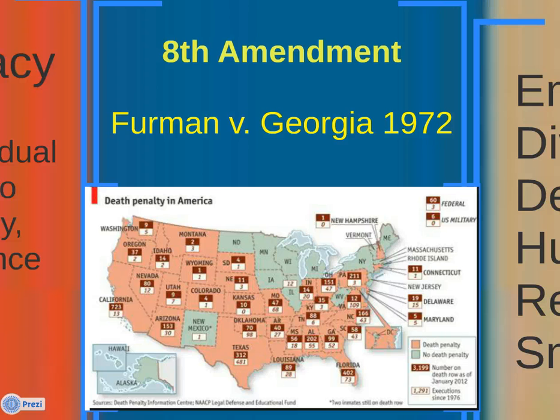Central to the public debate have been the questions of which crimes should be punished by death and how capital punishment should be carried out. Generally, the court has supported the constitutionality of the death penalty. An exception was the landmark case Furman v. Georgia, 1972. We've talked about that case several times, in which, in a 5-4 decision, the court suspended the use